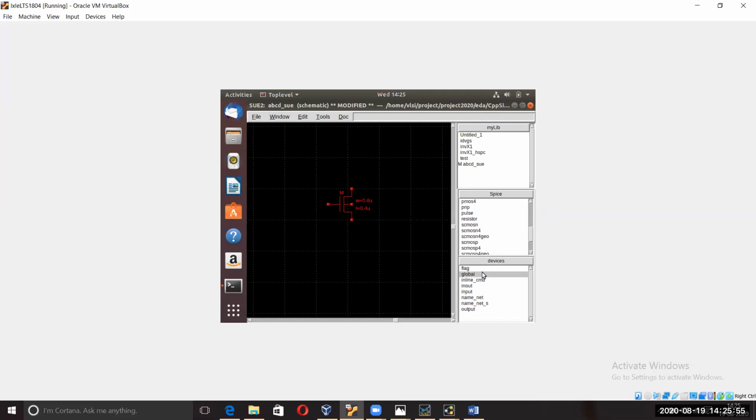We know the schematic of the NMOS, how we had done it. There will be a voltage source here, so you have to drag in the voltage source. These are the things that will be needed. Actually, I've already done a schematic. I'll show you, it will save some time.